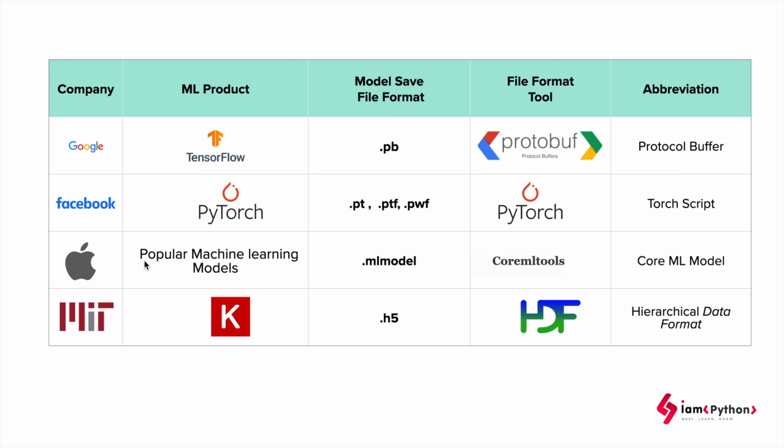Also, for example, you build the model in TensorFlow or PyTorch. If you want to use those models in Apple machine learning, then we need to use Core ML Tools. Core ML Tools helps you convert these TensorFlow and PyTorch models into .ml models, because Apple products understand these .ml models only. Coming to Keras, if you're using Keras, we generally use H5. H5 is actually a family under HDF. HDF is the Hierarchical Data Format.